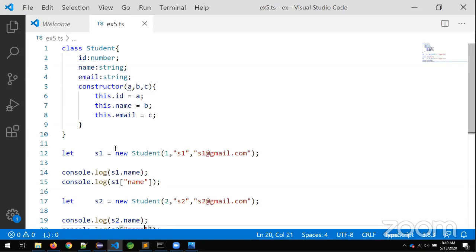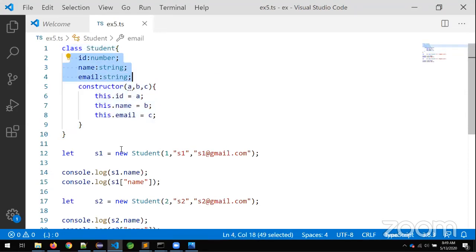Structure. This is a visualization. I want to construct this building and it should look like this. This is the plan we are going to create. Here I want to prepare a student data structure with ID, name, email. The plan is ready.